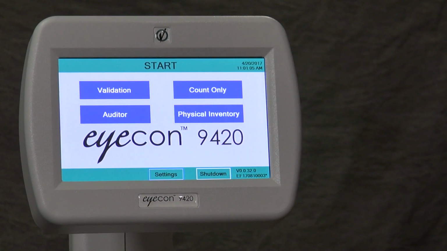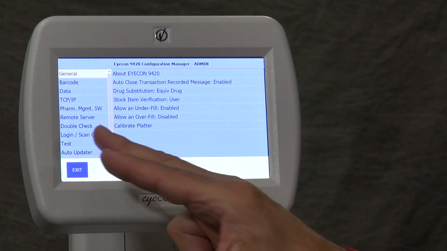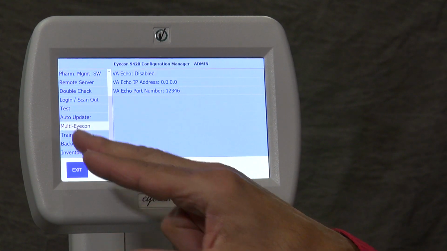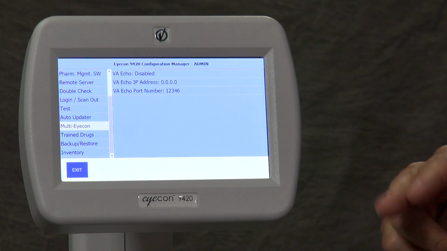For our next video, I'd like to explain the use of the multi-icon feature in the setup menus. So if I select the settings menu, skip login, and advance the screen up to the multi-icon, you'll see there's three parameters here. So multi-icon is intended for situations where you've got more than one icon in a pharmacy. We have some future enhancements intended for this tab, but right now the only feature of it is something we